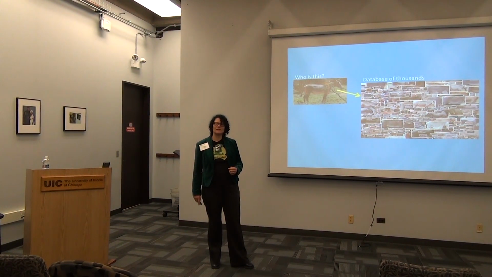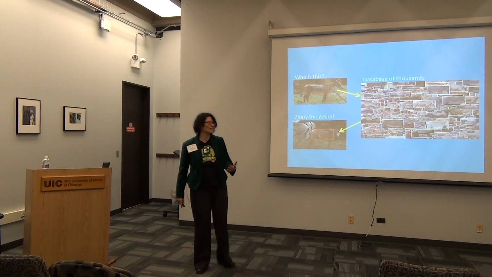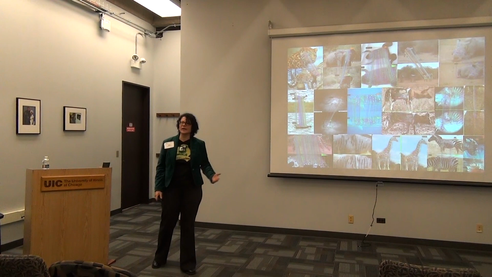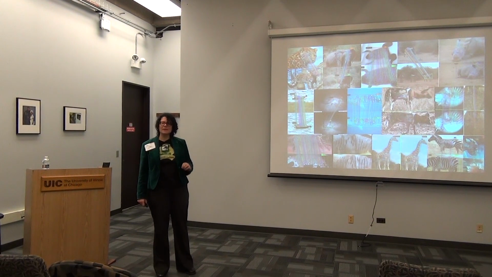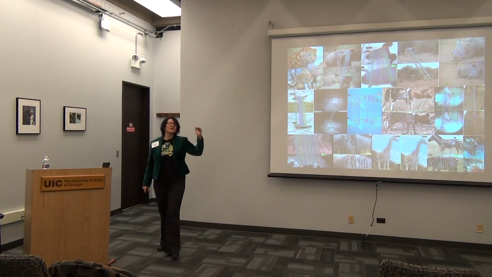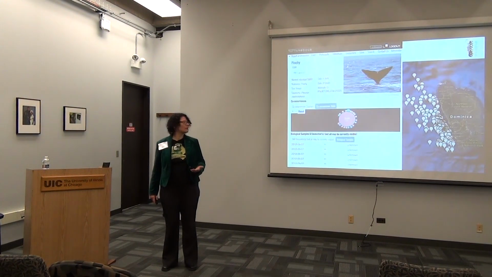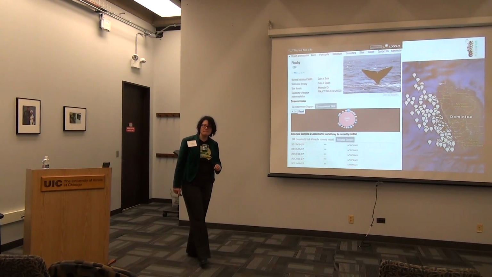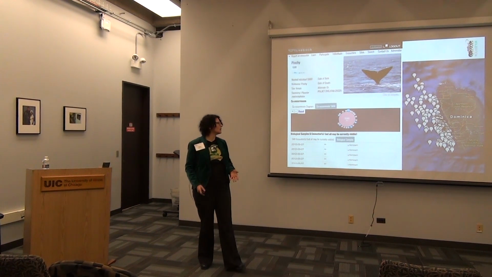So given a photograph of a zebra, we can look at a database of all the reference zebras and tell you that this is Zippy the zebra, and Joe the giraffe, and Terry the turtle, and Willie the whale. And we can do it for anything that has unique markings, stripes, spots, wrinkles, notches, as well as the shape of a whale's fluke or the dorsal fin of a dolphin. And so now, with information on when and where the picture was taken, as well as who is in that picture, we really can build the global view of the species as well as a very local one. And this is